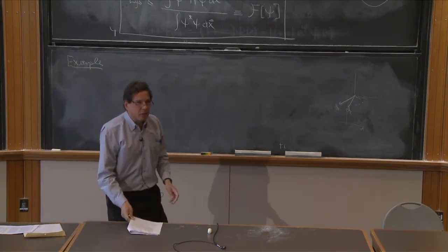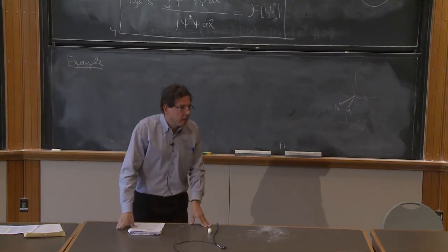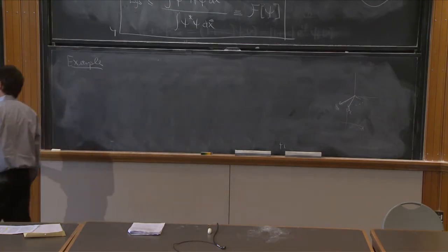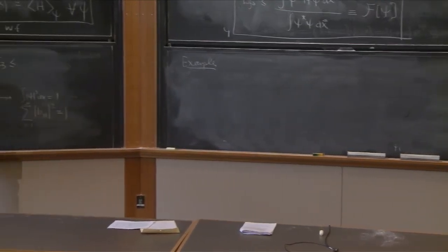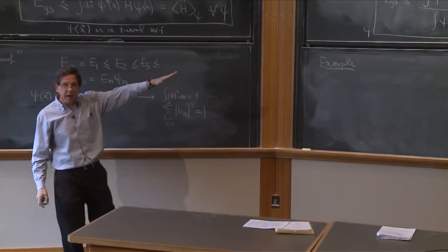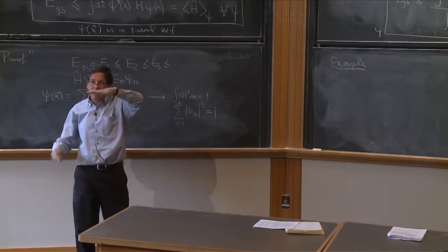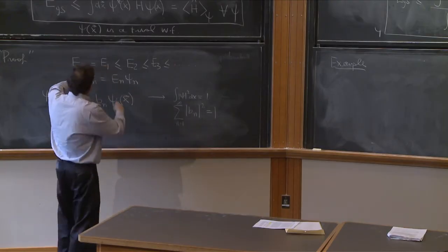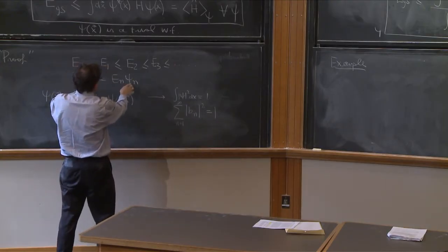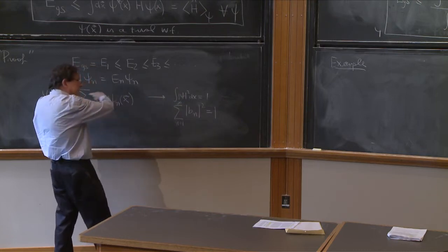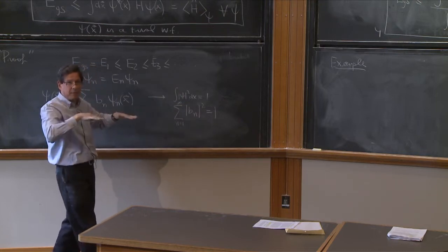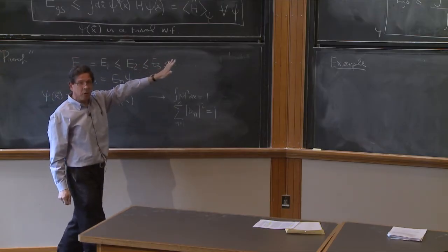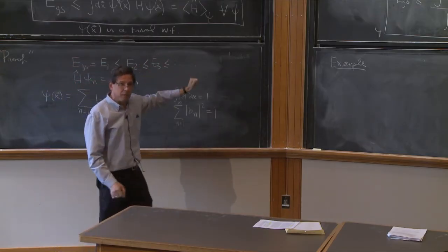Sorry, what is the question? Sorry, is this assuming non-degenerate? I didn't assume it's non-degenerate. So if you have two things that have the same ground state, the functional will have, in fact, a degeneracy. There will be two solutions that have the same energy, and any linear combination of them will have the same energy. So the proof that I did here doesn't assume non-degeneracy. It's even true with degenerate things.